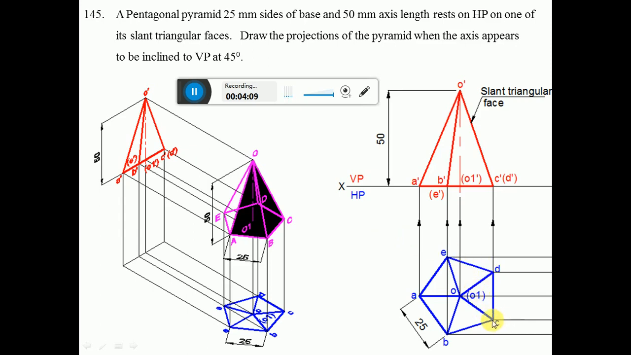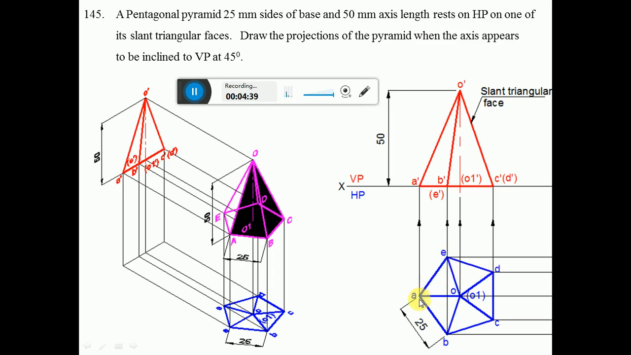Then with C as center, take a radius of 25 using the compass. Cut an arc on this line to get the point B. Similarly, from D, cut an arc of radius 25 to get the point E. Then with E as center, draw an arc of radius 25. With B as center, cut the previously drawn arc so that you get the point A. Once you get all these points, join them with a dark line as A, B,